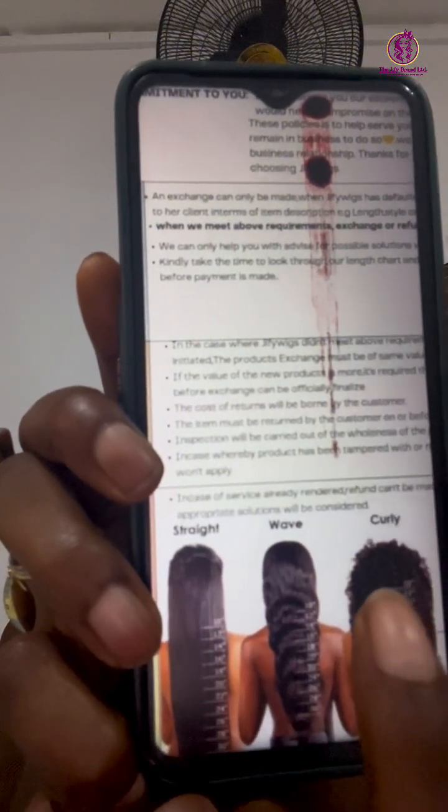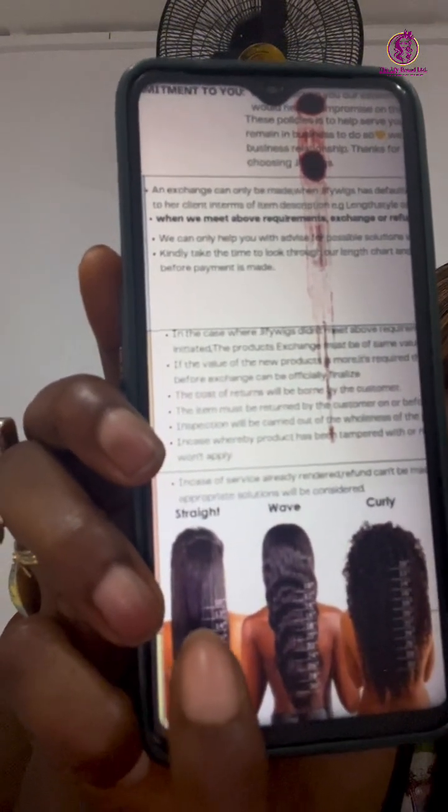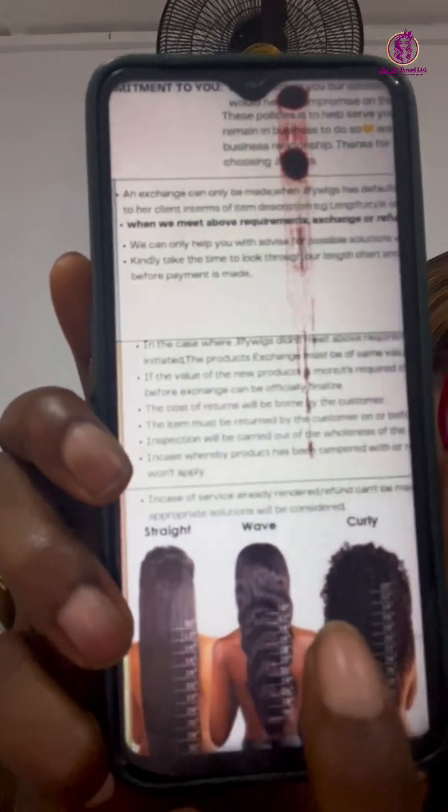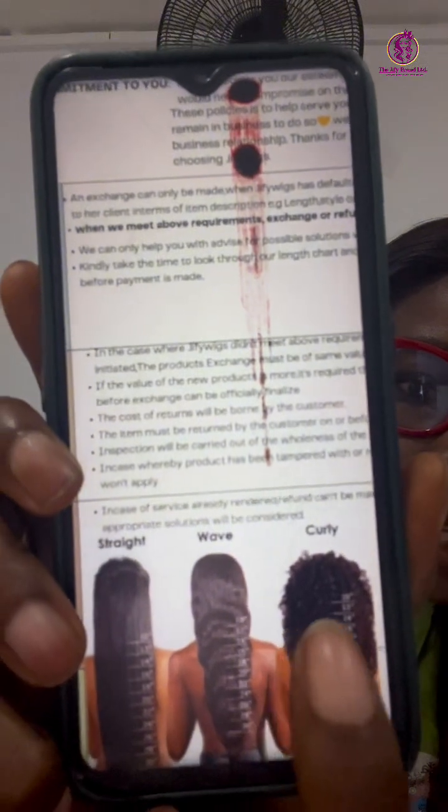So just imagine somebody who has been buying straight hair all their life, buying 10 inches. Then they now come to buy coily from you and tell you, I want coily 10 inches, and you give them something that reaches here. It's going to cost more. That's something that happens in the hair industry. And why is this? Because every hair is measured straight. They first measure it straight before any coil pattern is created on the hair. So as a newbie or an old bee, we have helped you to solve that problem.